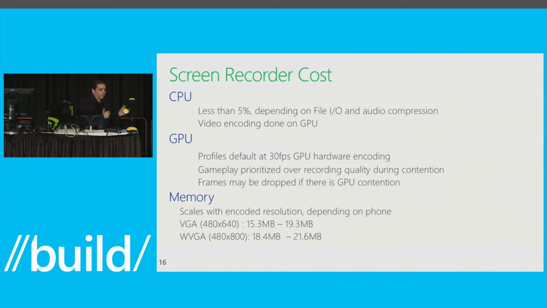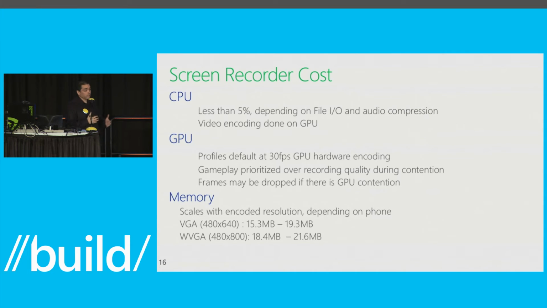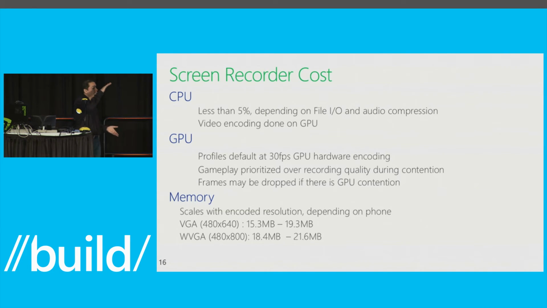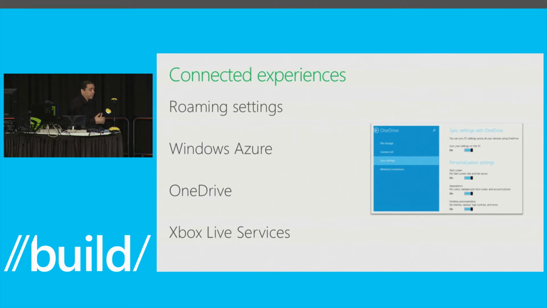Like, look at, hey, what do I want to capture? Do I want to capture VGA or do I want to capture 720p? Look at your overhead. There will be a little bit of GPU, CPU, and memory overhead. But for example, the memory overhead is linear. So it's not like we're going to take a lot of memory. As you keep recording something longer, we keep caching it and saving it. So it's not going to be huge amounts of overhead. You should be able to run screen recording in low-end memory devices.